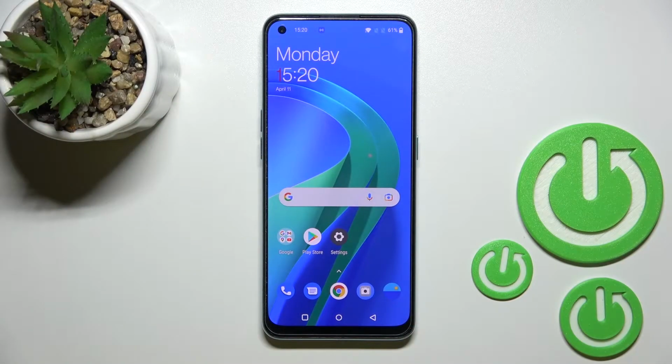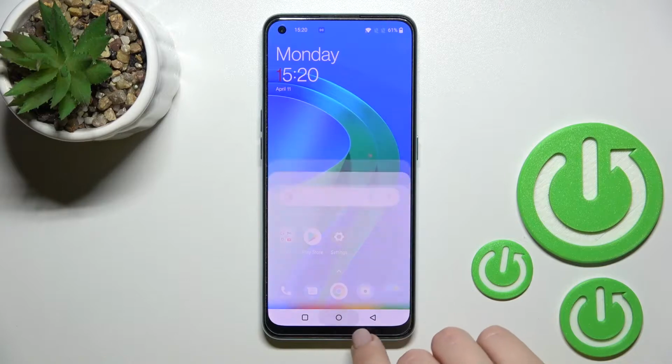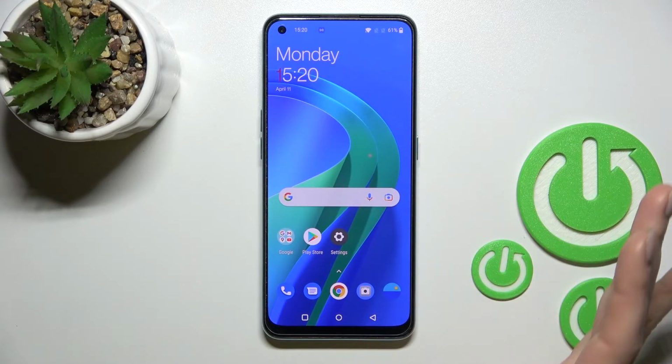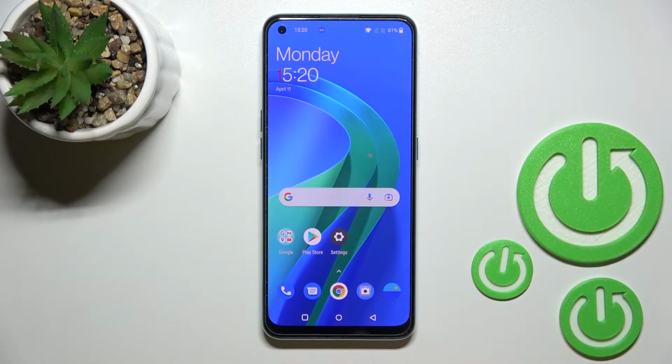Welcome to the in front of me OnePlus Nord SE, and I'll show you how to turn off OK Google feature of Google Assistant on this device. So as you can see, when I'm saying OK Google, the Google Assistant is activated, and just to turn off